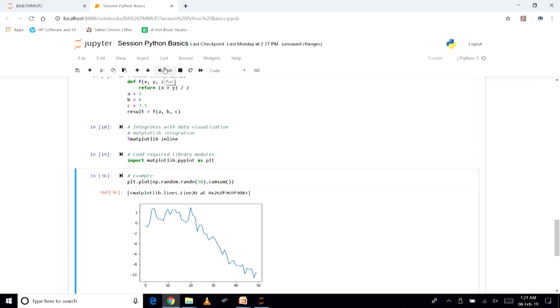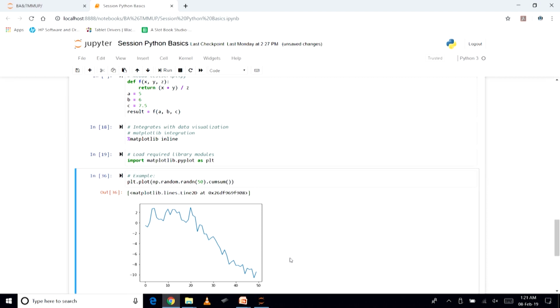Within this module there are going to be a number of functions that we can access. One of them is plt.plot, where we can pass an argument, which is again a function, np.random.random, and we are passing 50.